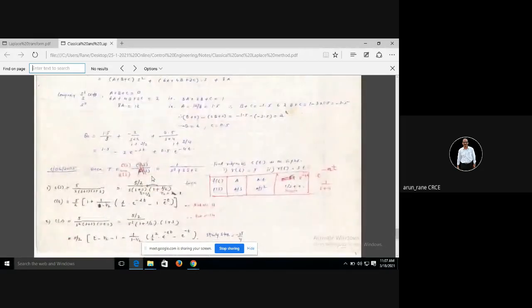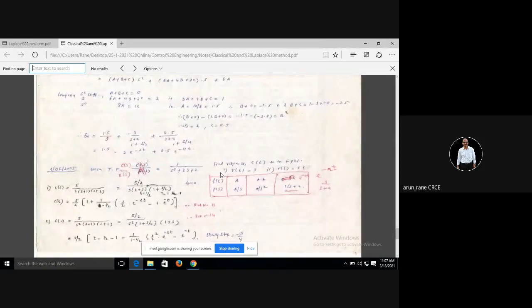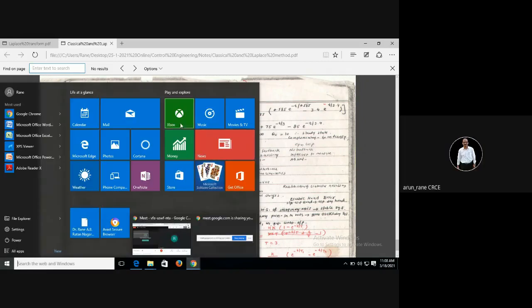Okay, so I am uploading this. I am sorry, not uploading. I will mail this so you can go through this, that is from this page onwards, and then we will have class tomorrow also. So tomorrow we will complete this Laplace. Is that okay? So I am giving you a break. Yes, sir. So today you go through this, and then whatever doubts you have we can clear, and tomorrow we will clear this Laplace. So this is another 10 marks ka weightage. So shall we stop now? Okay, sir. Okay. Thank you.